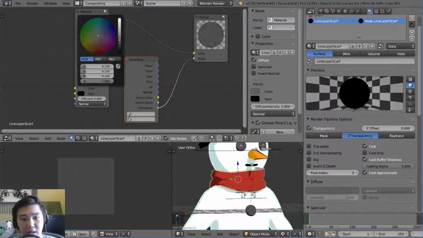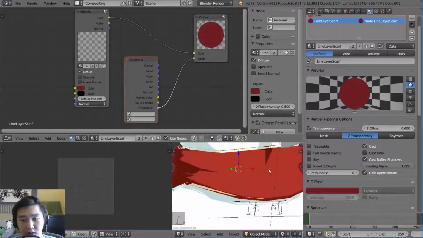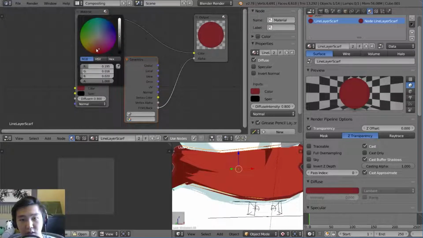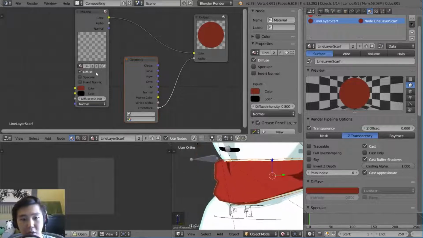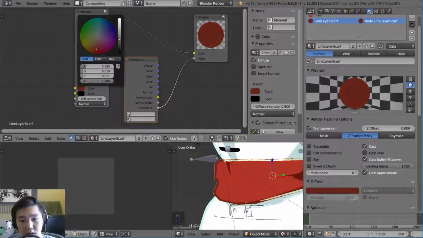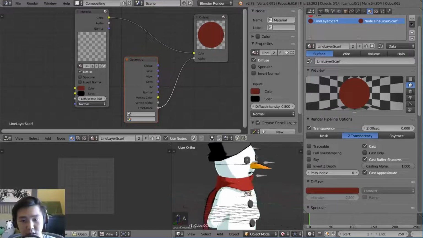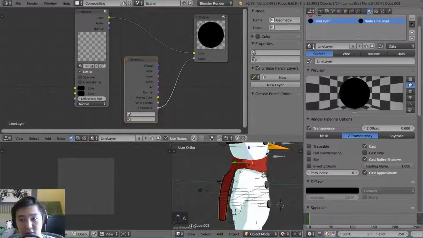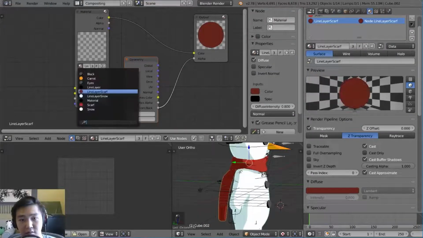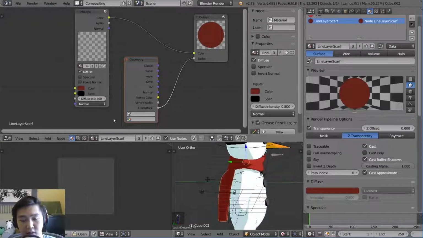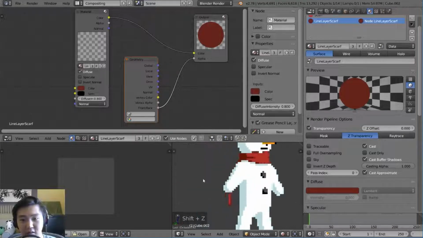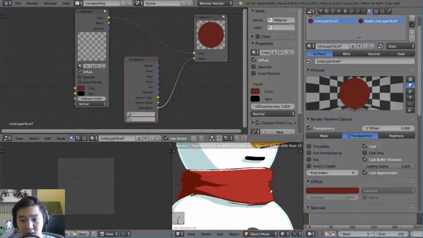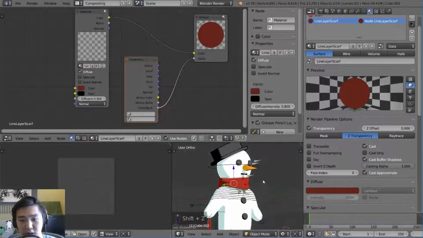And then I'm going to select a deep red to accent the red color of the scarf, so that we can get a softer look there as well. So that looks much softer. Yeah, that looks good. So let's go ahead and select that for here as well. Line layer scarf, line layer scarf. Excellent. Oh wait, that was already selected. Okay, anyway, so cool. Let me go ahead and render that out. And things look pretty good, besides all the clipping issues that we're having there, which we'll fix in a minute.